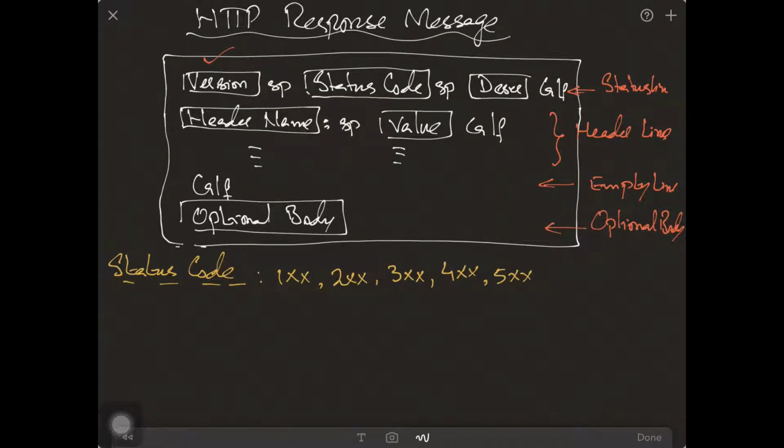Finally, the code in the 500 range means the server failed to fulfill an apparently valid request. For example, you may come across error 505, which says HTTP version not supported. Then we have a brief description of this status code, and after that we have a lot of header lines, and these header names can be, let me write it down, header names. The different header names